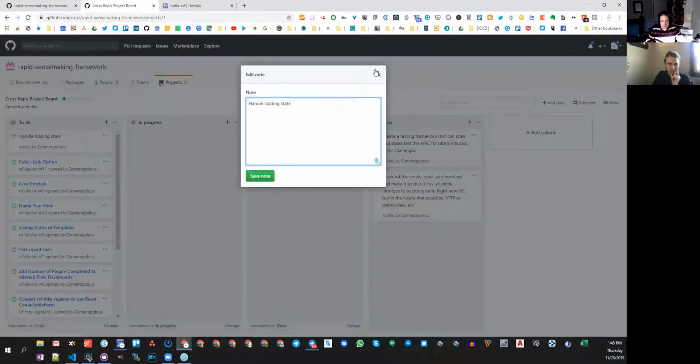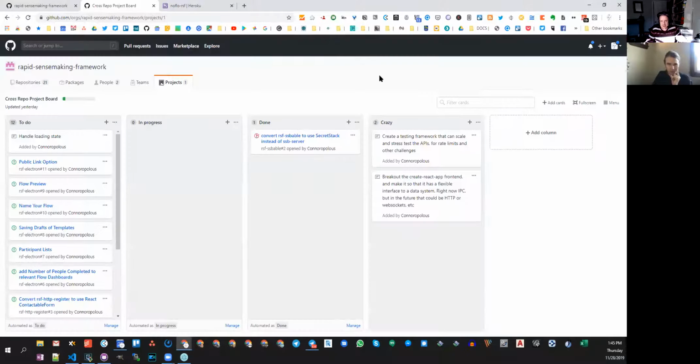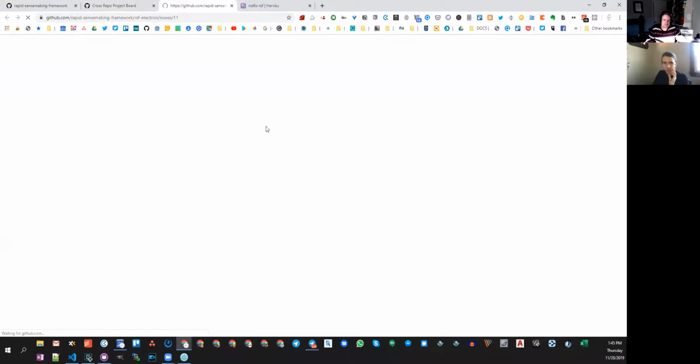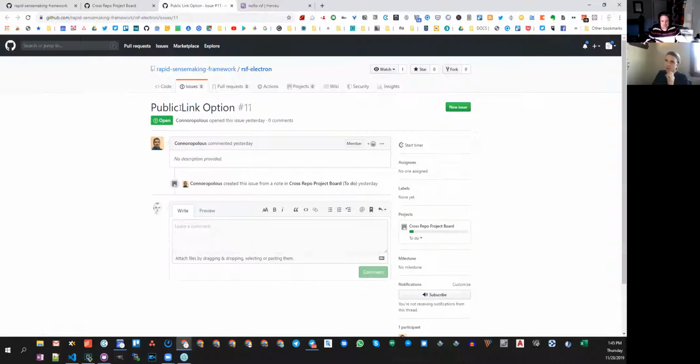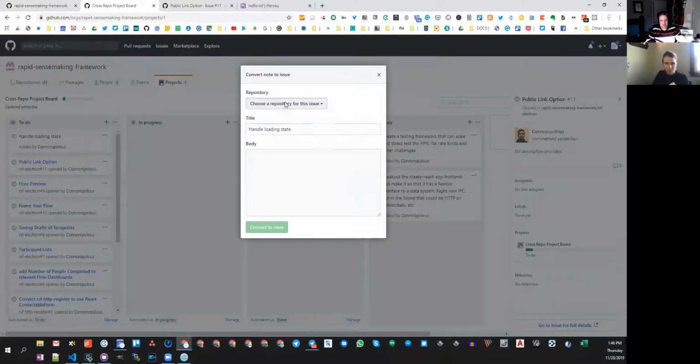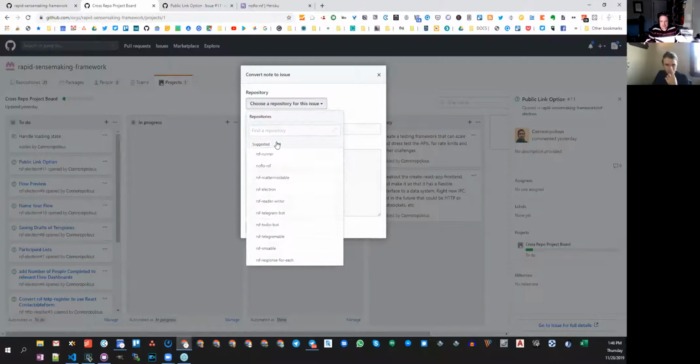Oh, cool. Because I'm part of the org, I can edit it, and then if it's an issue, I guess it'll have... oh wow, it pops open. Yeah, it's got extra stuff there: assignees, projects. This one would be related to the rsf-electron repo, so we could create it as an issue or convert it to an issue within that. And then you choose a repository. Okay, cool. And it can see everything within the org, and that's linked.